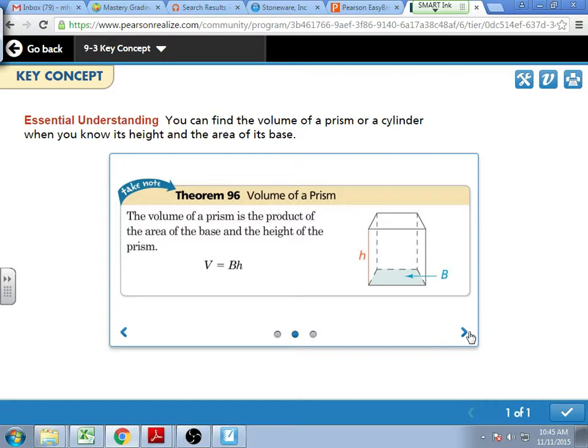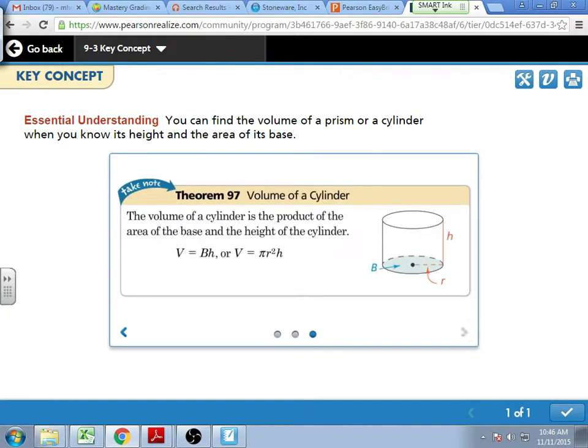A prism is like taking a building floor by floor by floor. It's exactly the same the whole way up. Every floor that you go up increases by that much volume. So we take the area of the base, which we always call our big B, and we just multiply by the height, because that's just how many stacks it has.